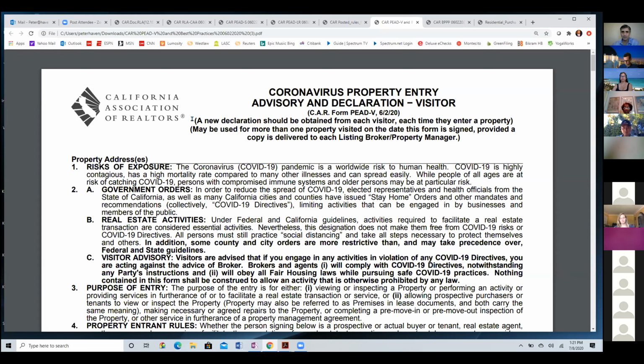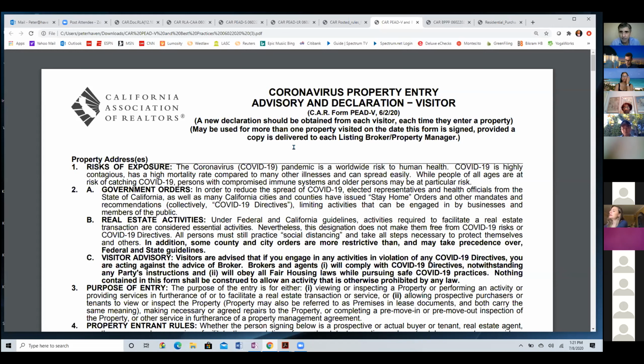Here's what the CAR advisory says: a new declaration should be obtained from each visitor each time they enter the property. So what they're saying is that if you have a prospective buyer come in on a Monday, you should get a PEAD V for that day from that visitor. And if that visitor comes back a week later, a few days later, whatever it is,